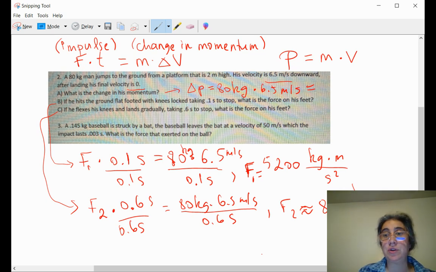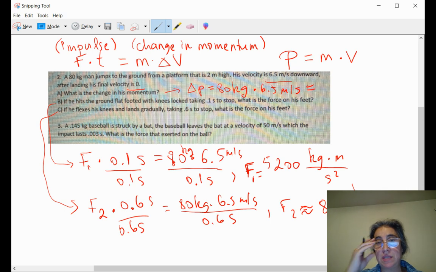All right, so I carried on the calculation for the second force, and it came exactly how we predicted, 6 times smaller than the initial force because it's 6 times longer time. So it's about 167 kilograms times meter per second square. For the last question here with the baseball and the bat, it's very, very similar, and we can start